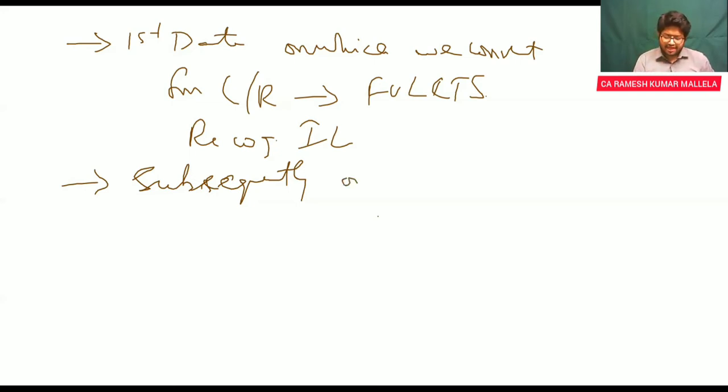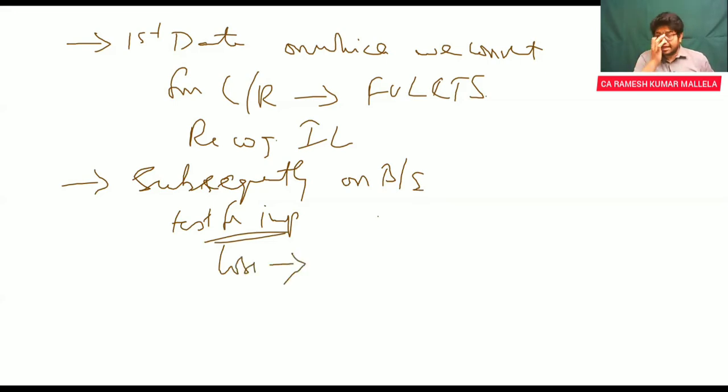Subsequently, on the balance sheet date, again test for impairment. You would find either a loss or a profit. If it is a loss, on every balance sheet date like this, you are supposed to test if there is any impairment on these assets and keep reducing the value. Any loss will be charged to P&L. If it is a loss, charge it to P&L. If it is profit,